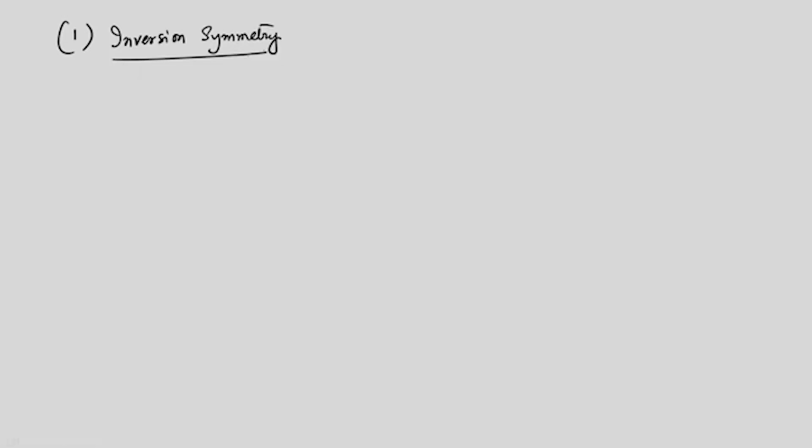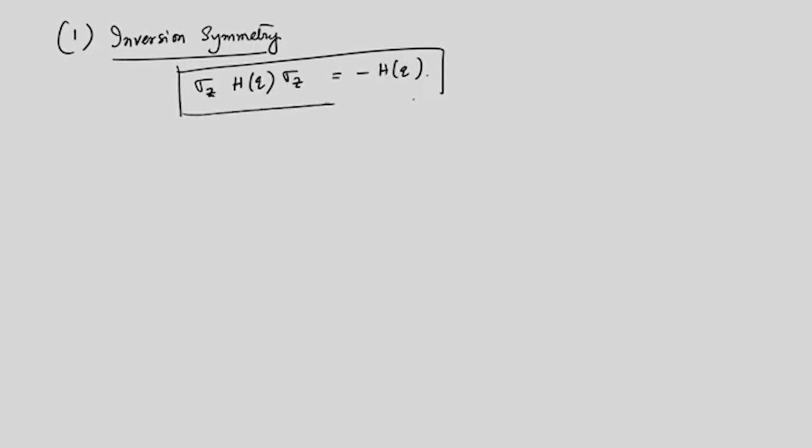So, this inversion symmetry can be tested by a sigma z operator. This sigma z h of q sigma z has to be tested, and this should come out to be minus h of q. Okay. So, this denotes that graphene has inversion symmetry. It is not difficult to see that,